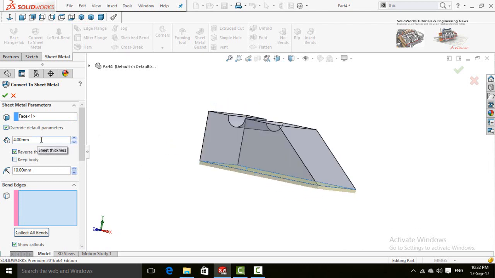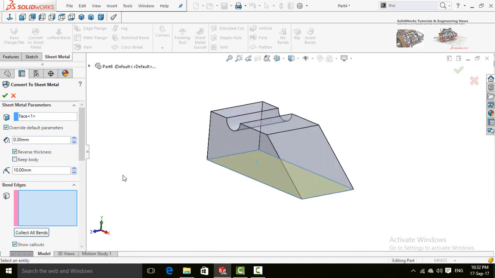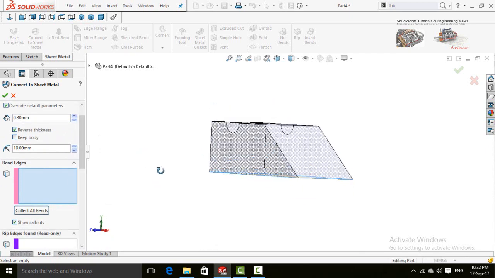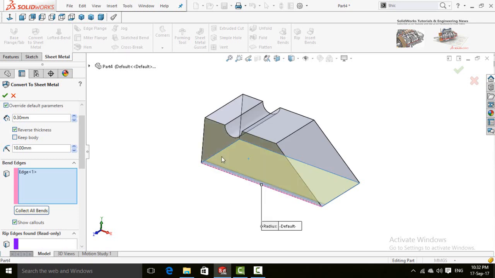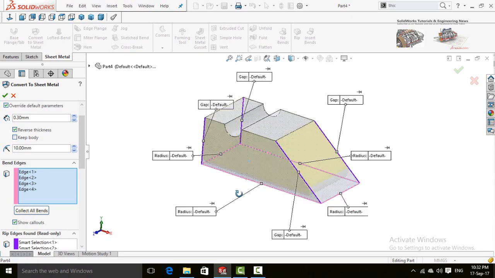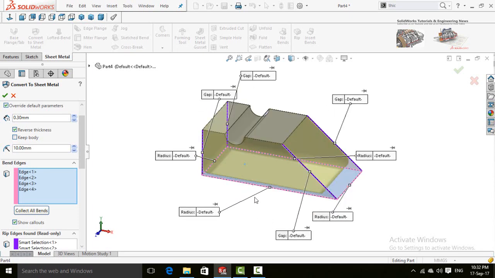Here is the thickness, which is 4 millimeters. So let me select 0.3 millimeters, and then it will ask you about edges for bend. So click on all these bottom edges one by one. Now here is the preview.